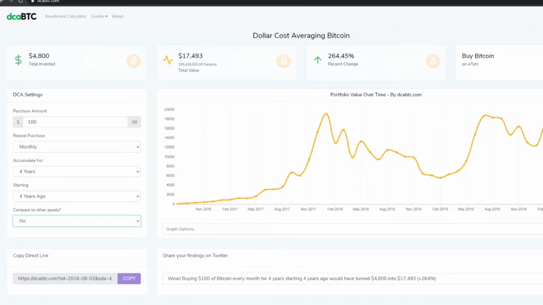I want to go over basically what I would do if I were starting over fresh in crypto and wasn't too familiar with the market, but knew what I know now. Essentially, how would I go about this? First off, I wanted to show you this website at